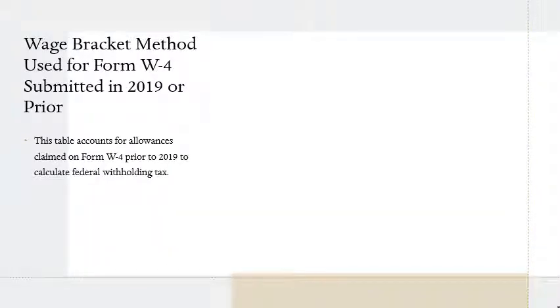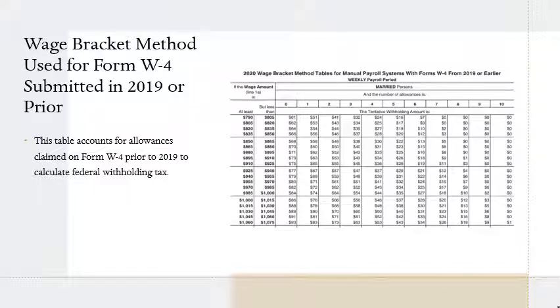For those employers that process payroll manually, you can also use the wage bracket method if you have Form W-4 for an employee that is submitted in 2019 or prior. So this table accounts for allowances that can be claimed on the old W-4 forms to calculate withholding federal tax. And here is a snapshot of this table that's taken from